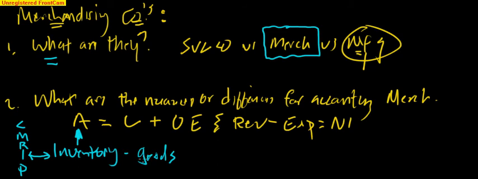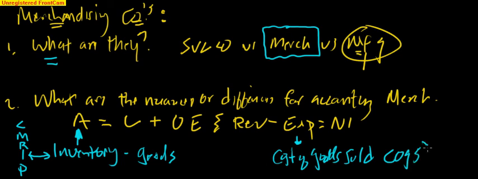And the other thing we're going to look at, which is directly related to this, is over here under our expenses. We're now going to introduce an expense that we did not have in a service company. It's called cost of goods sold, or COGS, cost of goods sold. We're going to see a new category of expense that we need to track and think about. And that is, what is the cost of the stuff that we're selling? It deals with inventory. I want you to see that these two are connected.